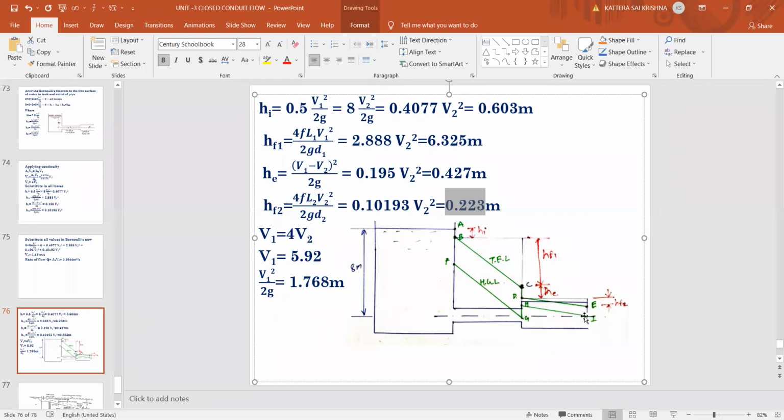Then again at the expansion, we'll get some point here that we don't know. So first write at the I point. I point is nothing but at the Z value. Here we don't have any pressure, so I is here. Then the friction loss will be parallel here. We'll draw a parallel line, then we'll connect here.